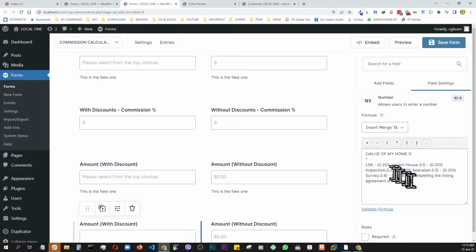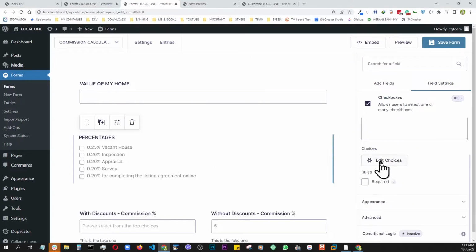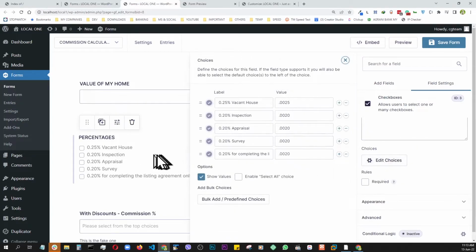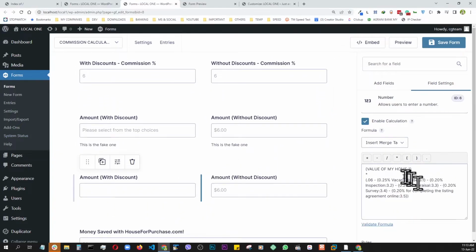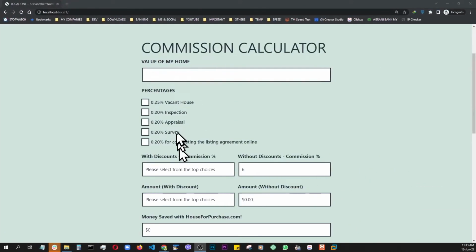And this time, instead of multiplying by 100, I'm just leaving all the values regular, like 0.0025, 0.0020, just like in here you saw, right? I'm just leaving them as is and subtracting them back to back from this main value, 0.06, which is the 6%. And with the result of this calculation, I'm just multiplying that with the main value, thus giving me a percentage,